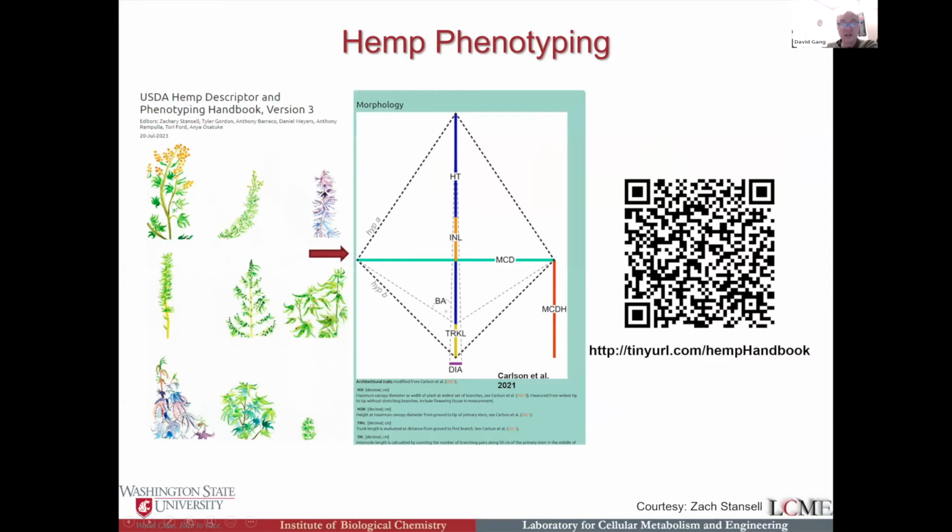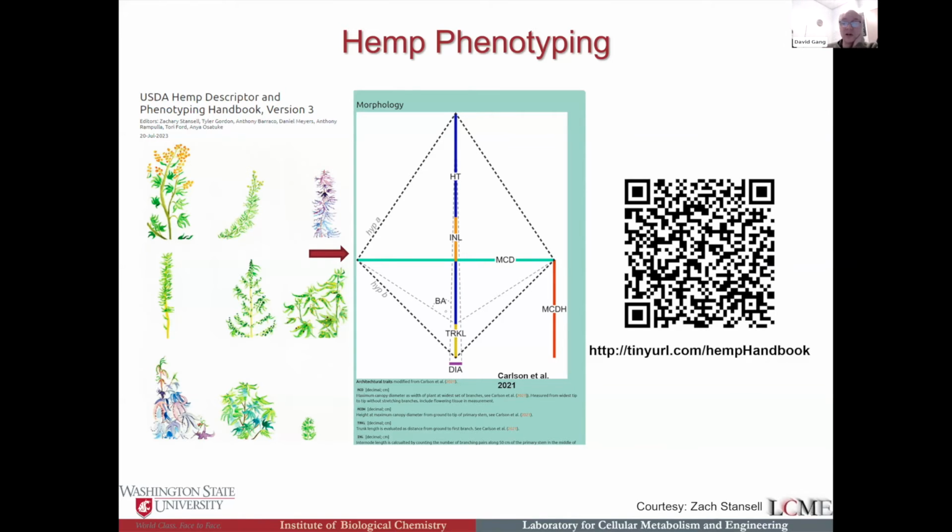Part of how we're doing this is we're looking at growth characteristics using what we call a kite diagram, where you look at the diameter of the stem, how tall it is, how wide it is, and how tall it is to the width. Different accessions will have different shapes of this kite. Some will look like this, some will be inverted, some almost look like an upside down triangle, depending on the variety. And those are very interesting characteristics that can tell us information about what that variety might potentially be used